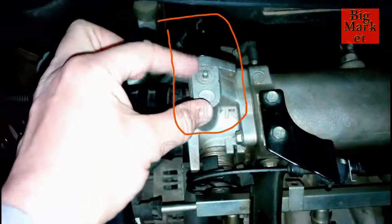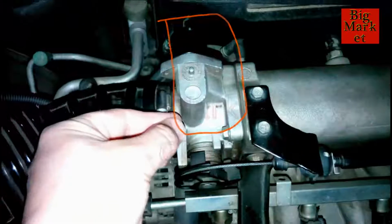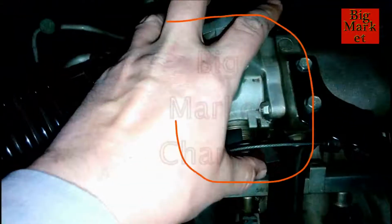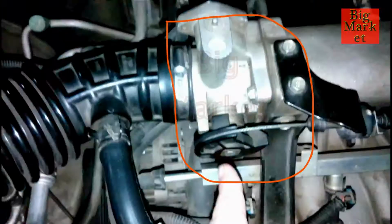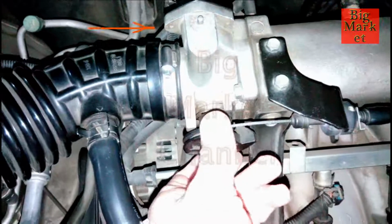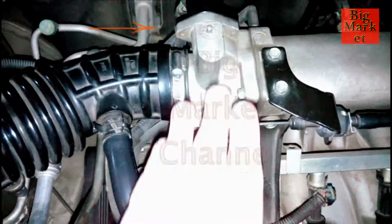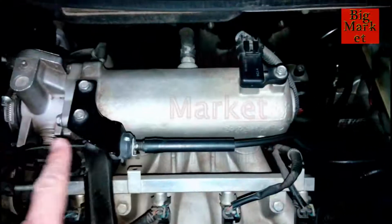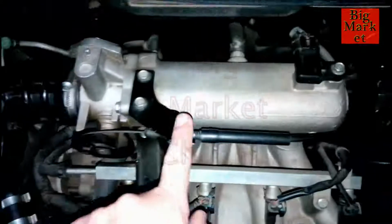and here is the TPS connector. This is the idle sensor, and it's so important to always keep it clean. We'll make a video about it. This is the whole TPS sensor unit, and here is the wire of the accelerator. When you press the accelerator pedal, it pulls this wire, all this wire as we see,